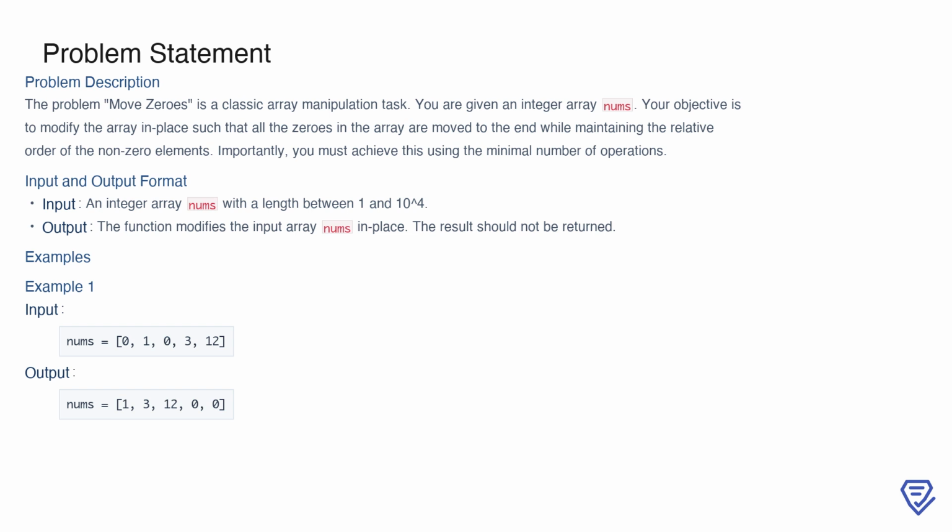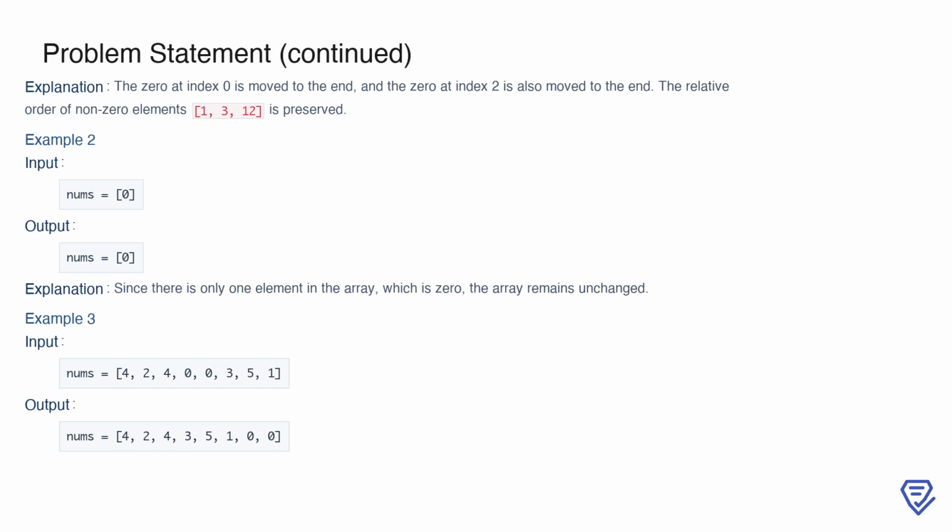non-zero elements. In the example nums equals [0, 1, 0, 3, 12], the 0 at index 0 is moved to the end of the array, and the 0 at index 2 is also moved to the end. Meanwhile, the non-zero elements, 1, 3, 12, retain their original order. Now consider another case where the input is nums equals [0]. Since the array contains only one element, and that element is 0, there's nothing to rearrange, so the array remains